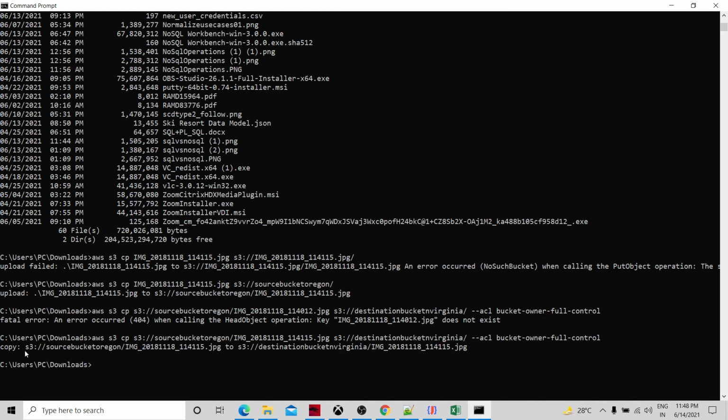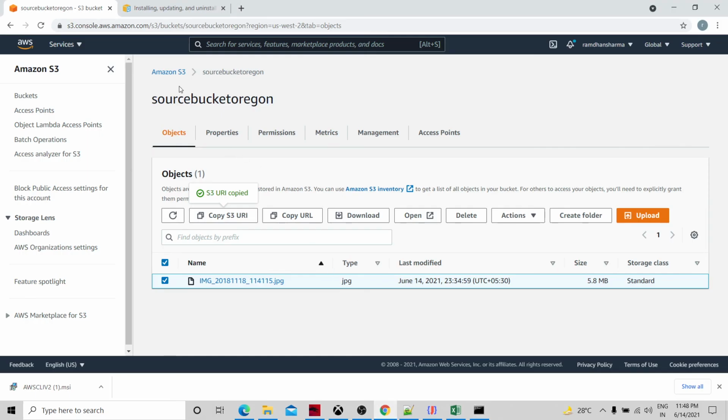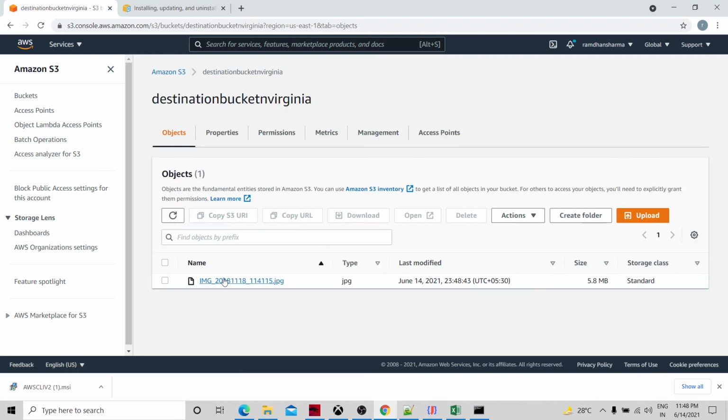Let's see. Yes, it is copied, and let me see what is in the target. Yes, we have got the file, 2348. So we have 1148, the same. I have copied the file, and the cross bucket file copy operation has been done. We have learned four methods actually. First is using the AWS Management Console, then AWS CLI from local to S3 bucket, then from one S3 bucket to another account using AWS CLI. And the fourth operation I have already covered in another video.